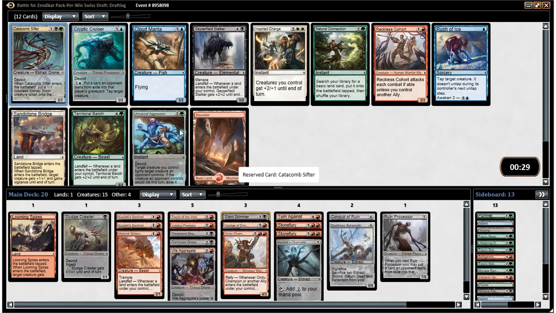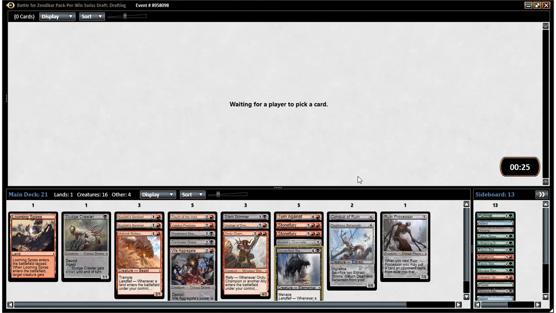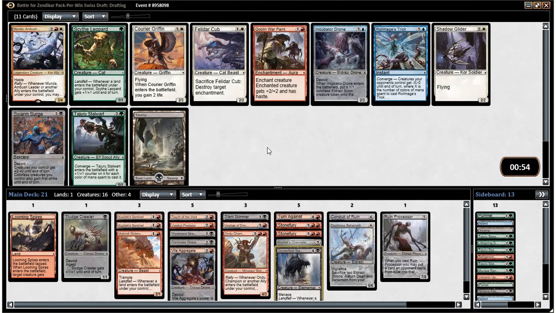Yeah. I mean, I think I just take a Geyserfield Stalker. It may end up in our deck. I'll put it there for now. There's a Munda. Man, now these colors are looking super dried up all of a sudden. Incubator Drone is probably the best card in this pack of what's left. Curio Griffin's good too. Munda obviously is good in the right deck. I think I'm going to take a Swarm Surge. It's looking better and better in our deck, so...